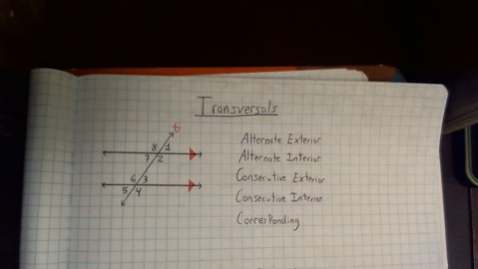Today's lesson is on transversals. Now, transversals are lines that intersect two or more lines. That's all a transversal is. And in general, it's not really the most spectacular thing to look at. However, when we have parallel lines being cut by a transversal, we get a lot of properties and some really